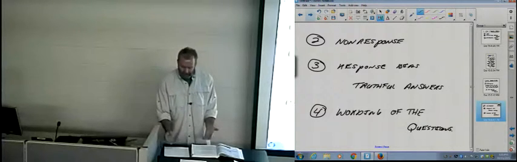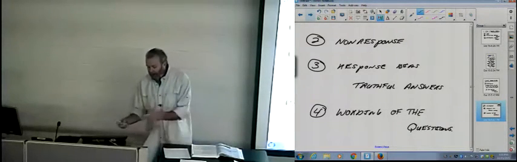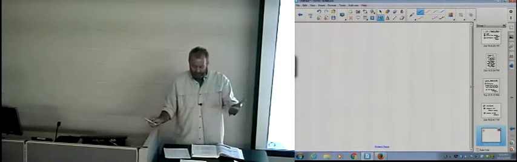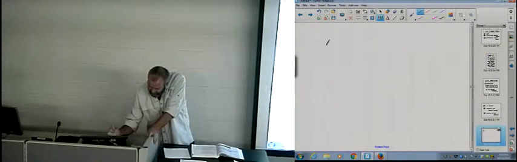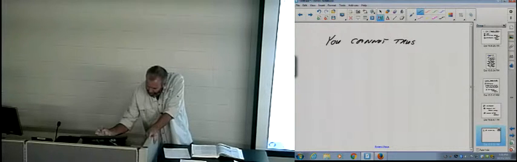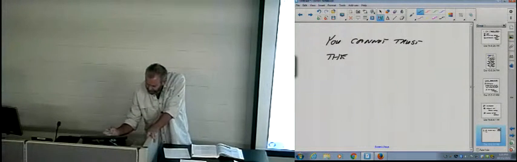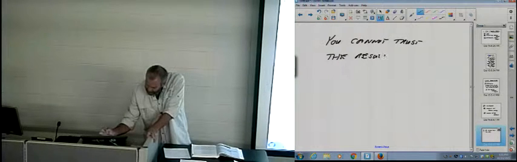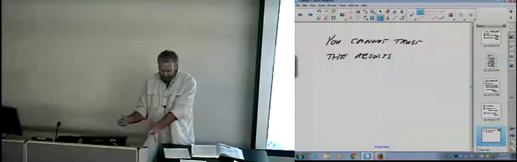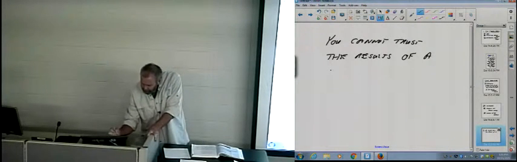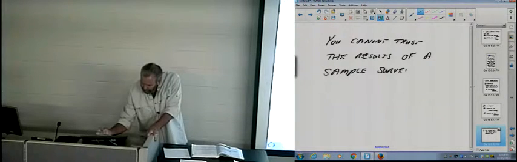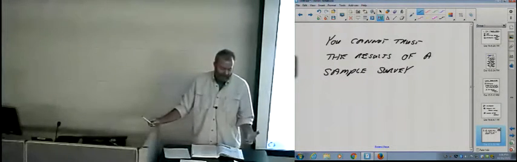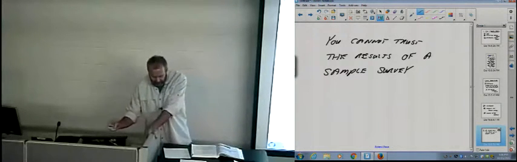Now, I'm going to give you the bottom line here, and I'm done with this, all right? The bottom line is that we would like to trust the information that we are getting from these samples, okay? So, you cannot trust the results. And to be honest with you, I'm not really thinking about any results. I'm just thinking about the information that you're getting from a sample survey. So what that means is we've done some kind of sample, and we've asked them questions and we've got results from that, we've got information from that,